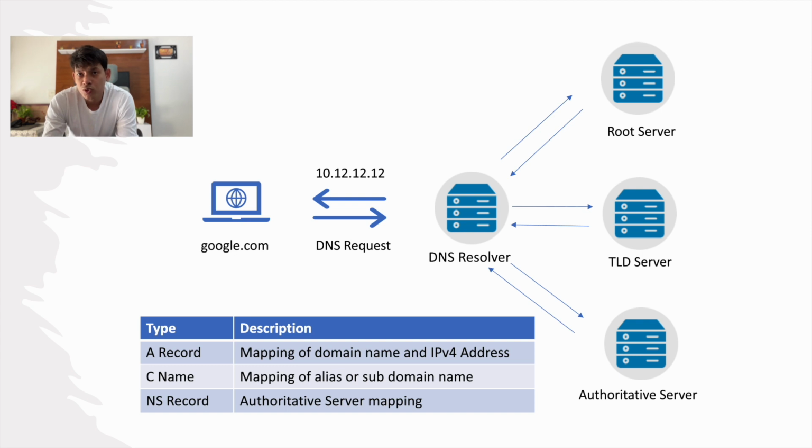This can be used basically when you have sub-level domains or a different alias for the same website. So it actually maps to the original root domain, and eventually the A record of that specific root domain name is searched and sent back to the DNS. Every time, performing these recursive queries to the different servers takes time. So whenever a browser makes a request, the first thing it checks is whether it already has that record or mapping inside its cache. The caching can happen at multiple levels, at multiple places.